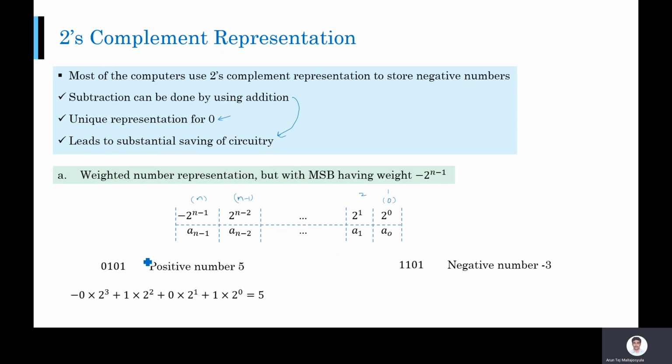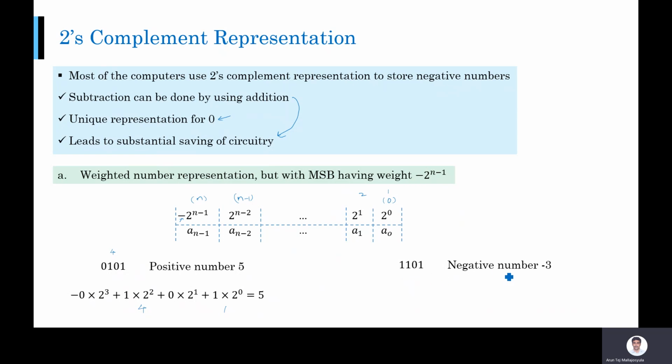You can easily understand it. So you take the weights for the positive number. What is the first bit? The MSB. MSB is 0. So 0 into 2 to the power of n minus 1. So how many bits are there? 1, 2, 3, 4. 4 bits, right? First bit to nth bit, and it's 4 in this case. So 4 bits are there. 0 into minus weight. So minus is important. Into 2 to the power of 3 plus 1 into 2 square plus 0 into 2 power 1 plus 1 into 2 power 0, which is nothing but 4 plus 1, which is 5.